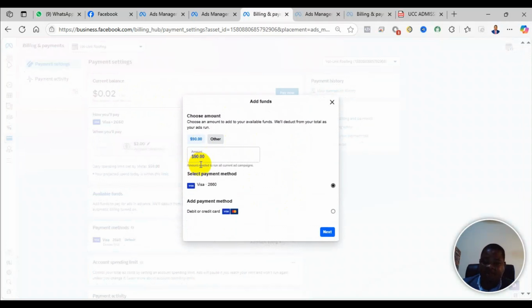Then you select the amount you want to add and select the payment method you want to use. If you want to add a new payment method, you click on new payment method and click on next, and then fill in the details of the card. Or if you are selecting the existing payment method, you select it, click next, confirm it, and then the funds